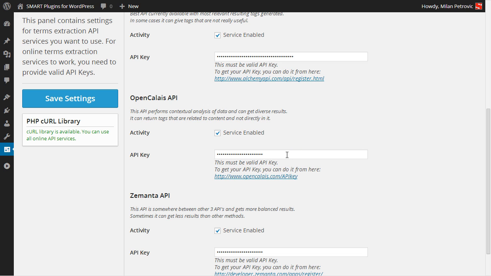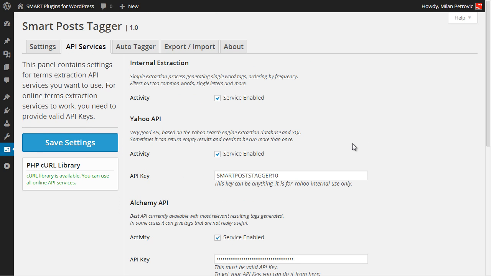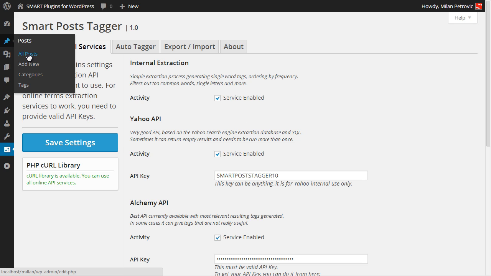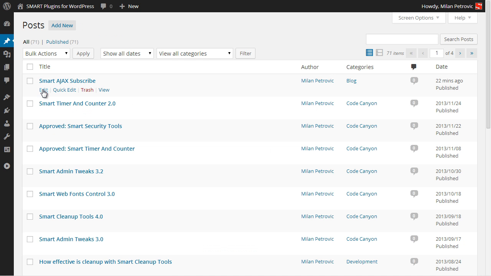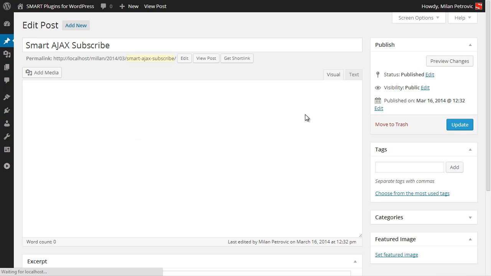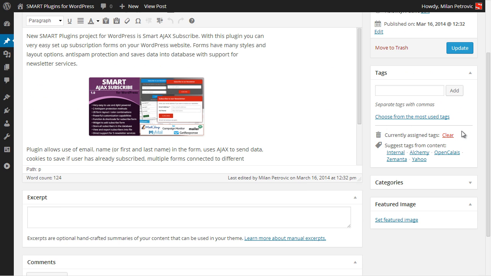Right now we have preset tags here for demo purposes, and you will see results for all APIs. Let's see how that looks. We'll open an existing post, and as you can see, when the plugin is active, you will get these options here for the tags MetaBox.